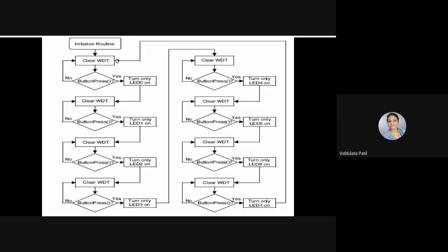You have to initialize first of all, the routine, then clear the watchdog timer, and then you have to check for whether there is a button press or not. Okay, if the button is pressed, then turn on LED 0. Okay, if no, then again you have to go for clearing the watchdog timer, and then wait till a button press is there. If a button press is there the first time, then again you need to check whether there is a second button press or not, and in that way you have to wait for these